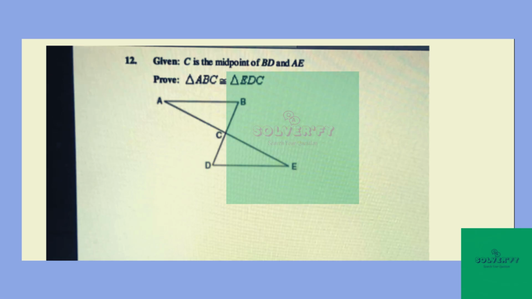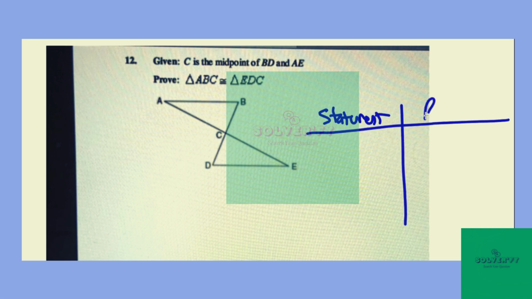Do this two-column style. We've got a statement and a reason. So we are given that C is the midpoint. I'm going to abbreviate a bit. C is midpoint of BD and AE